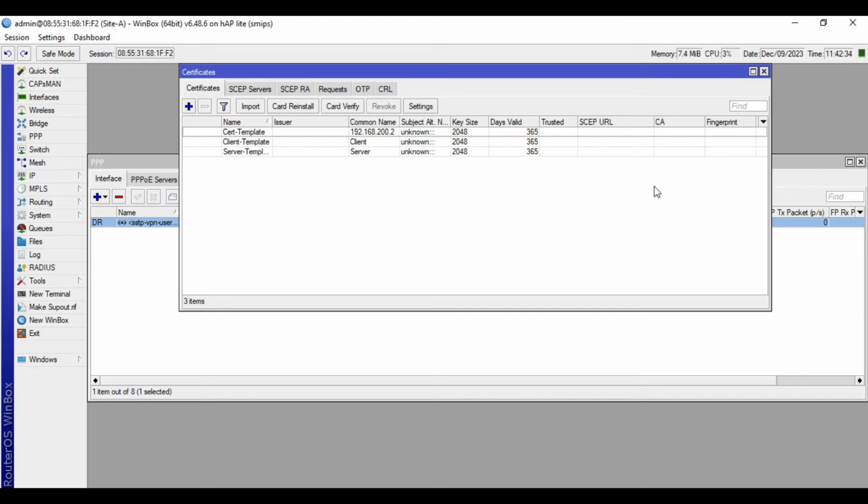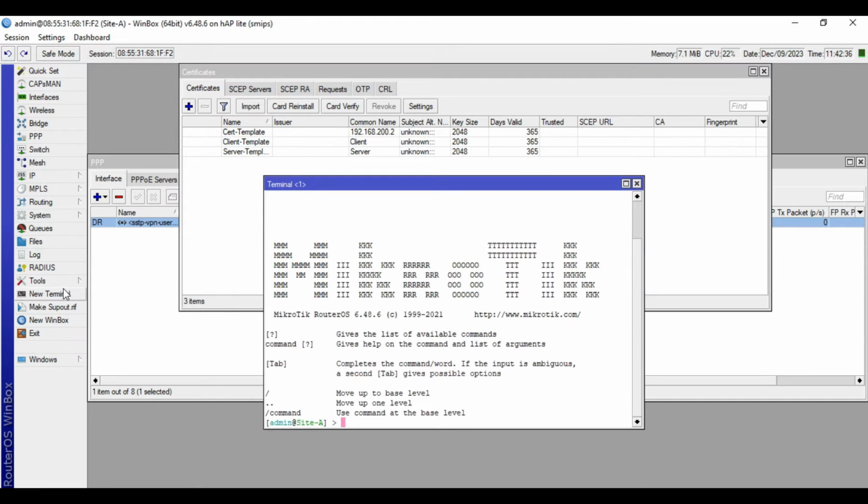Let's go to terminal, then input these commands. Certificate sign, then input here the certificate name. In our case, it's cert template. Then ca-crl-host.